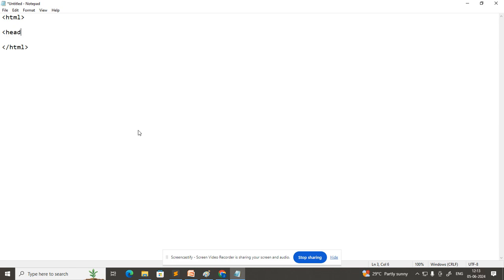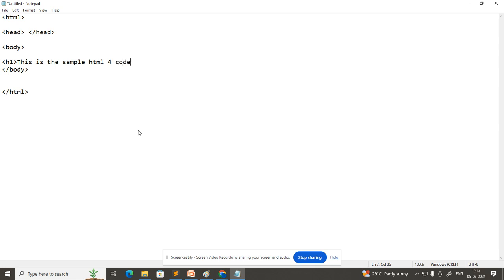In between, we have a header section which carries the pre-execution information. It may be a script, it may be a meta tag, it may be a CSS. And the body section, which will help us to display the content in the white or work area. Okay, so I will just give the details here. Just a welcome message is the sample